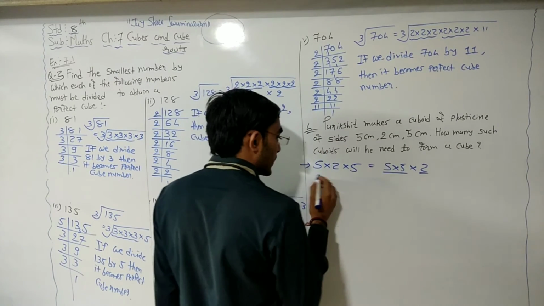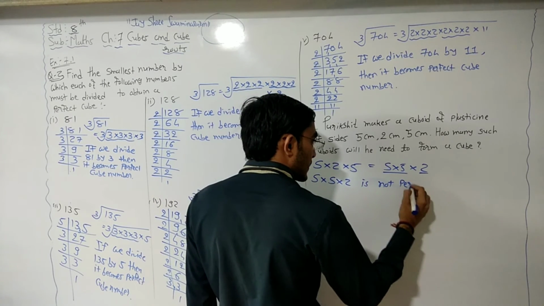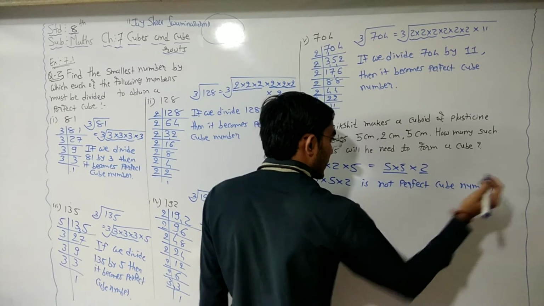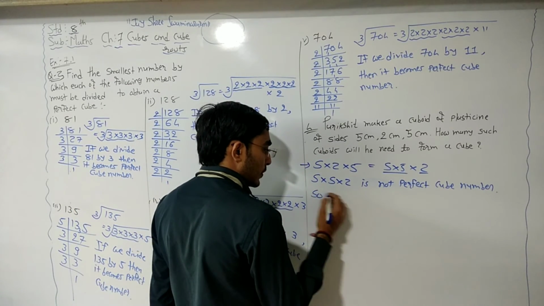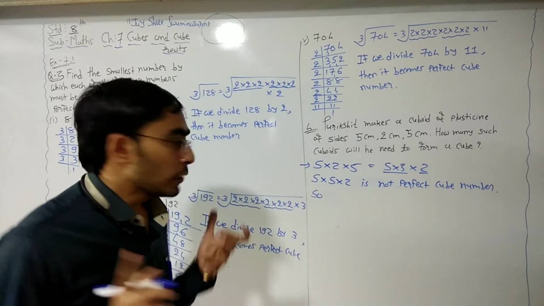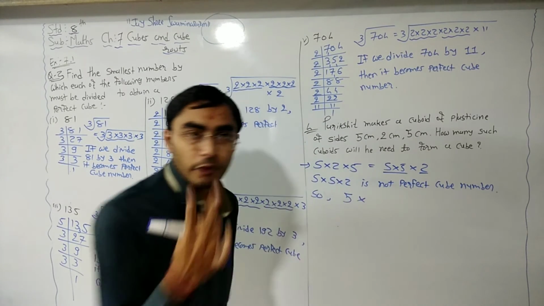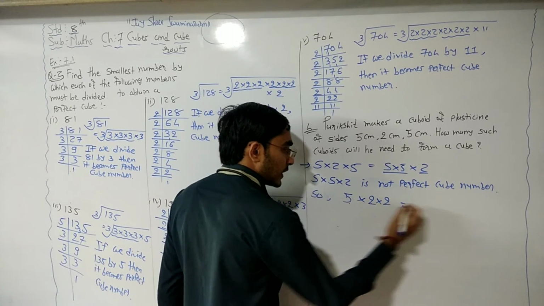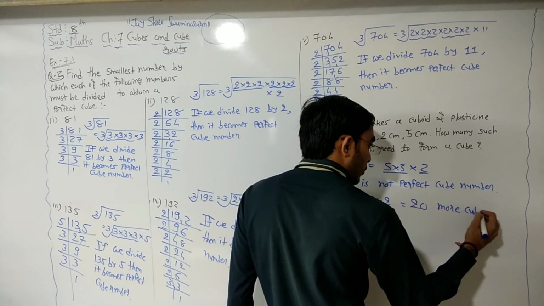So here 5 multiply 2 is not a perfect cube number. So what do we need to do? Now how many 5 do we want? 1 time 5. And how many 2 do we want? 2 more times 2, right? So 5 2s are 10, 10 2s are 20. So 20 more cubes